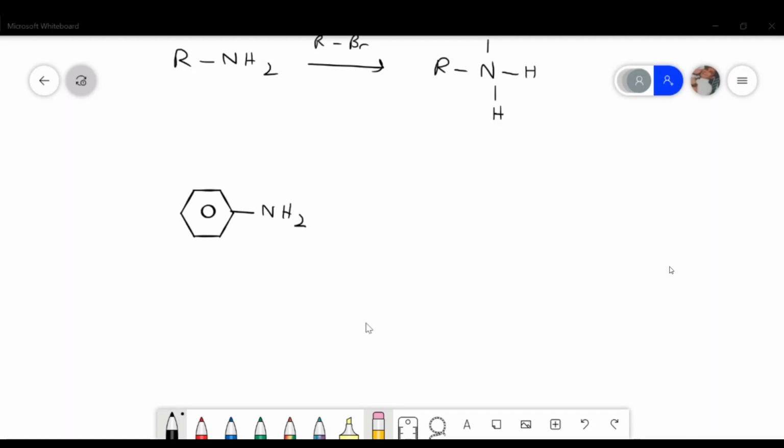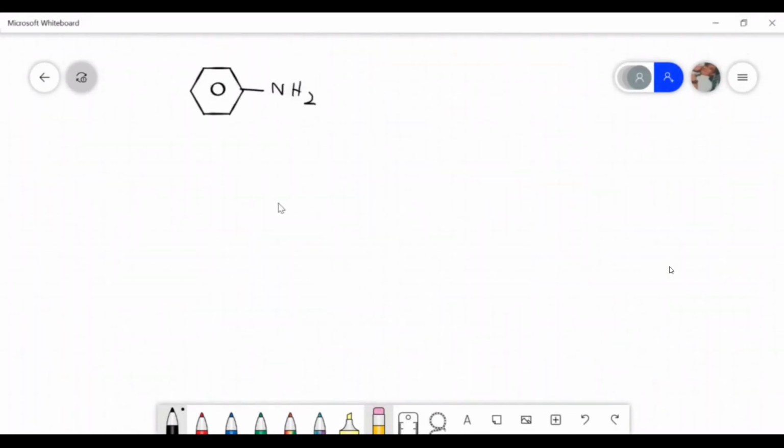Okay, that's correct. So when can delocalization occur? There is an overlap of orbitals, right? So if I have something like this, now I'll just give you guys a bit of context. For something to be aromatic, it needs to have 4n plus 2 pi electrons present. So if I have something like this,